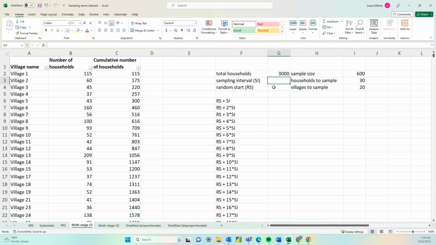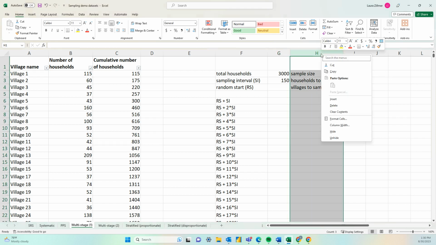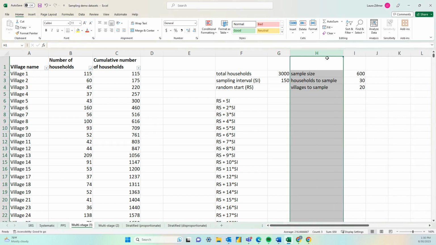Next, we'll determine the sampling interval by dividing the total number of households in our sampling frame, 3,000, by the number of villages we want to sample, 20. Our sampling interval is 150.